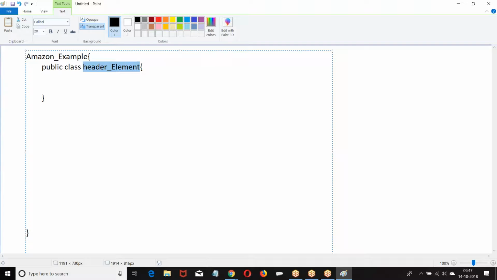So what is this header element? Header is where you want to send your authorization data. What is the authorization data I have? Public string. There is other information also. Then I want to create a person class.